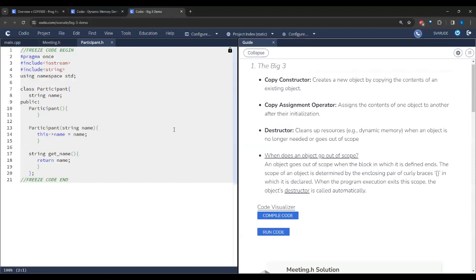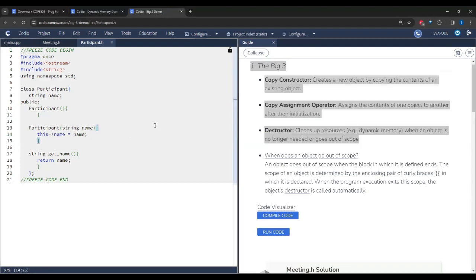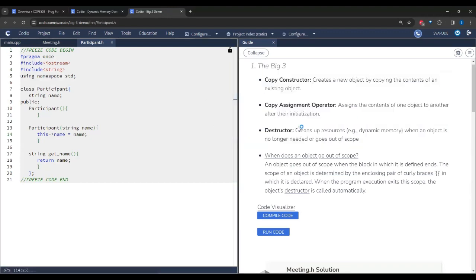So the big three are these 3 functions that you need to initialize whenever you're working with dynamic memory inside your program. The reason they're important is because they help you handle the dynamic memory that you might be working with inside a class. So if you make class variables that are allocated on the heap, then the big 3 are functions you implement to help you handle those and make sure that you don't have memory that leaks, for example,